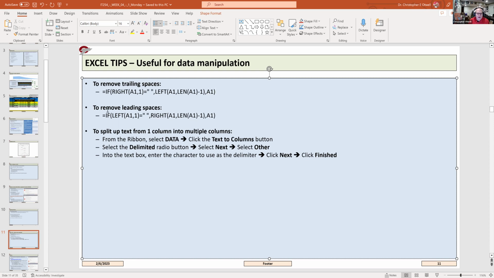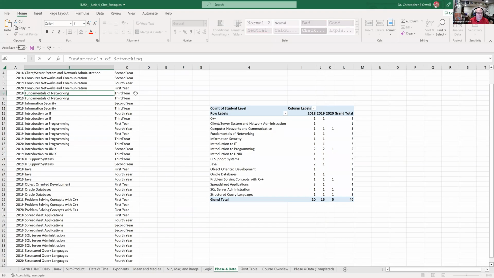So, but you can do that with the left and len, and then all you do is you run that against, I'm going to copy this just to show you. So if I had, see, I put a whole lot of trailing spaces in here, right? So if I were to adjust this so that it points to this cell on all of these,